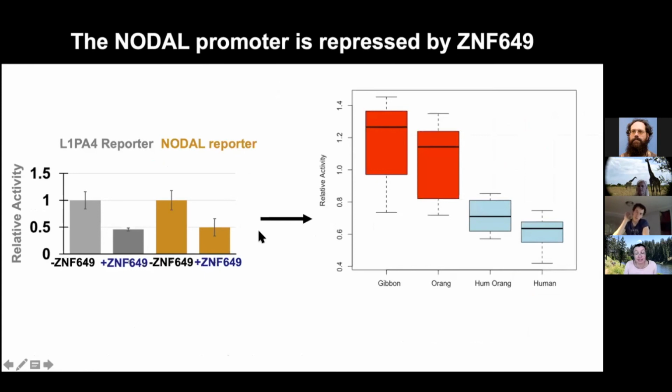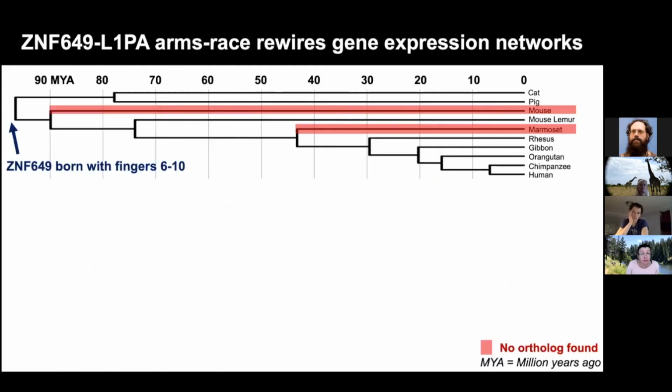And interestingly, for NODAL, the human, and in this case we've also made the human-orangutan ancestral version of 649, are both able to repress the NODAL promoter, but the orangutan 649 and the gibbon 649 versions are not. So together, these data suggest that the ZNF649 LINE-1 arms race has